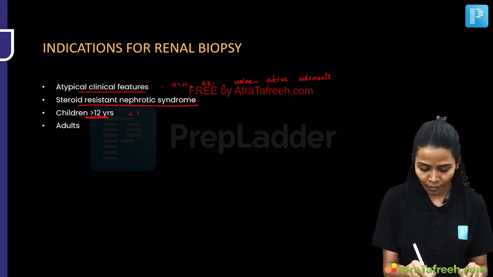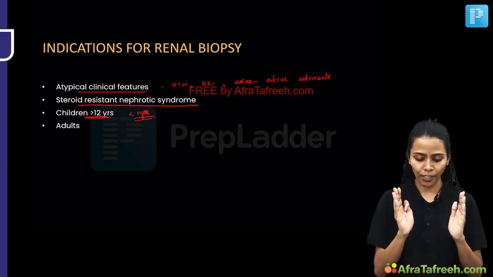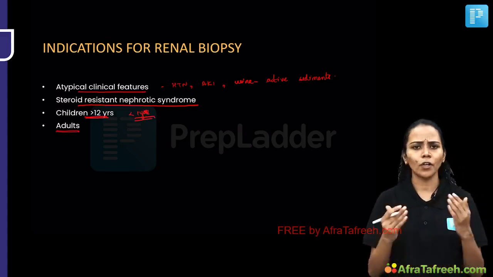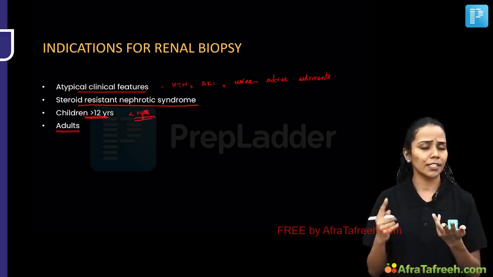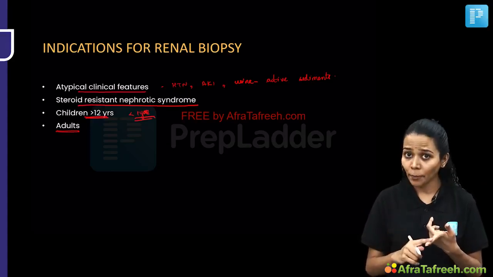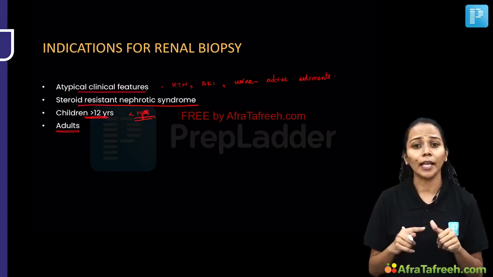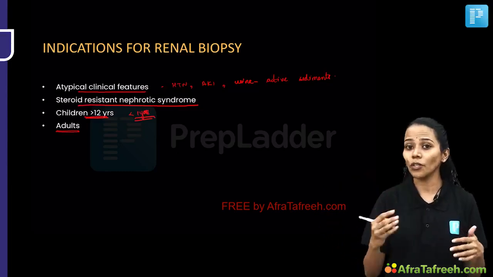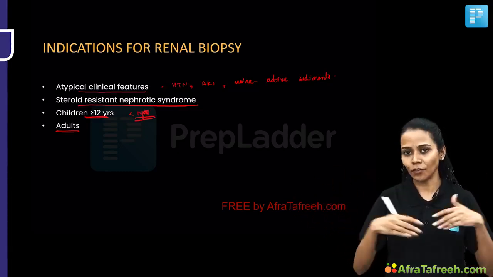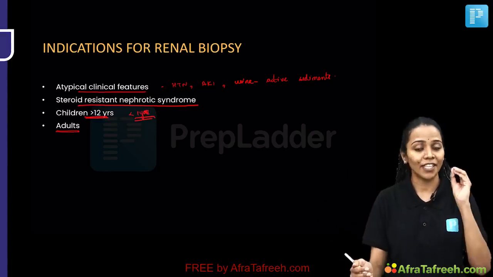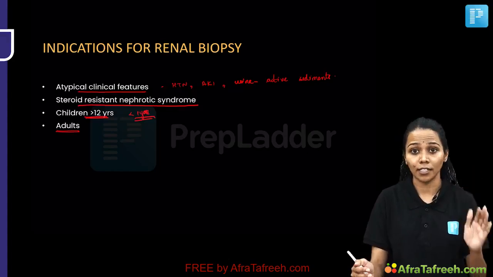Even in children less than 1 year, it can be a genetic cause of nephrotic syndrome and hence biopsy is required along with genetic testing. And in adults, in all adults we have to do it, because it can be minimal change disease, FSGS, membranous nephropathy, C3 glomerulopathy presenting as nephrotic syndrome, or amyloidosis. So the differential diagnosis is plenty, and the treatment is also different for all of these conditions. So we do not want to miss a diagnosis and hence we have to do biopsy in all adults presenting